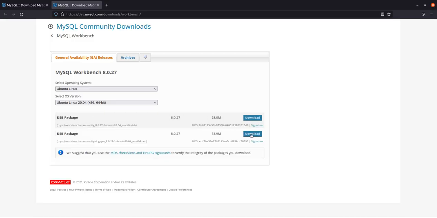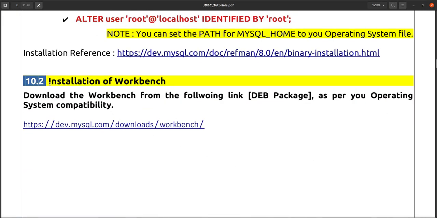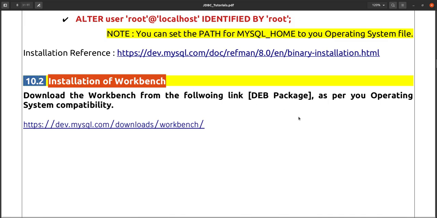You can download any of them, but most probably this 28 MB package will be compatible with Linux 20.04. Download it and double click, and the installation will start and install automatically. You need not follow any steps after that. Okay, so this is the installation for Workbench.